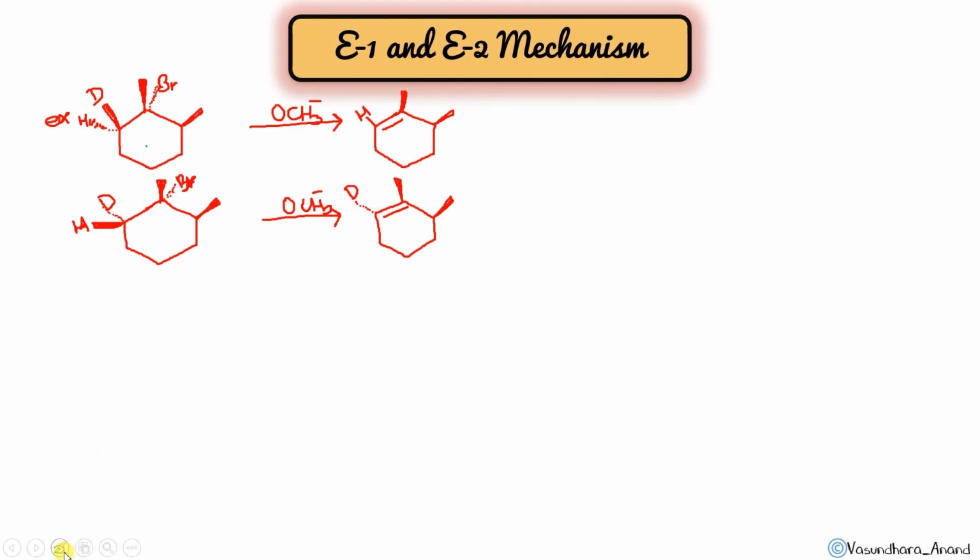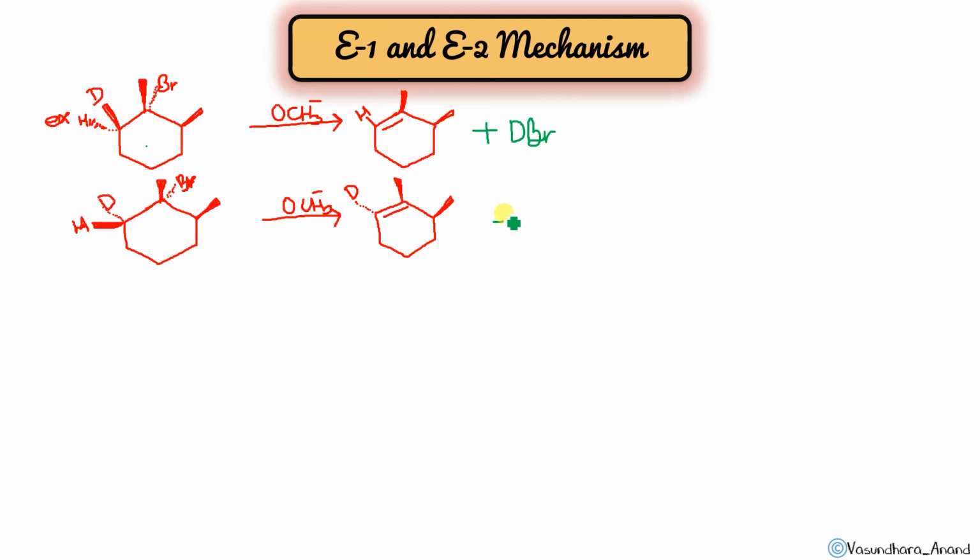So what happened in this case? We have seen that nothing changed. This has not changed, this has not changed. From here the Br has gone and from here the D has gone. Okay, so here the side product is DBr, and the product is like this, and the double bond came over here. Okay. In this case, the Br is below the plane, D is below the plane and H is above the plane. So what happened here: D remained as it is, H disappeared. Did you get that?